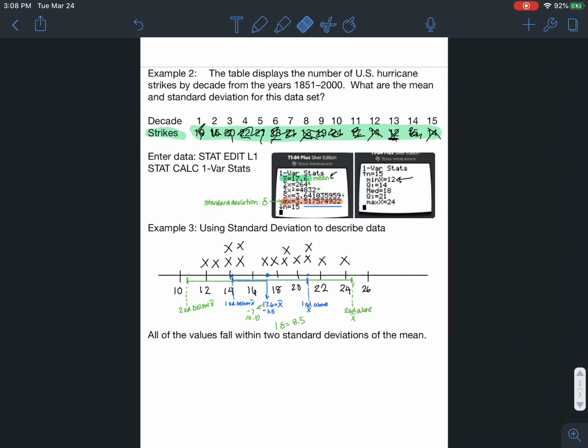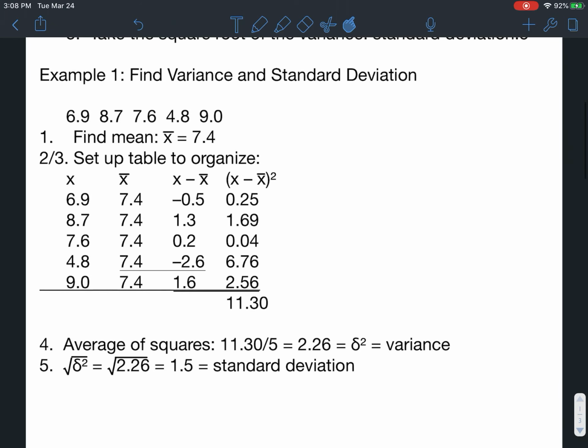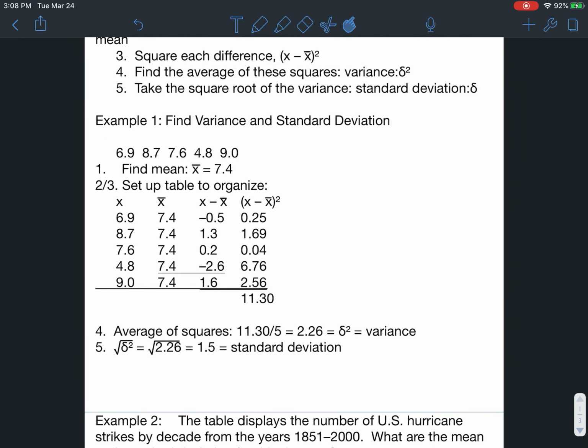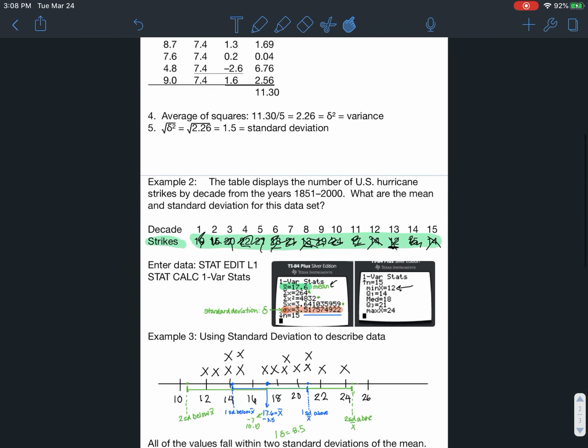So I hope you learned something from the video. You can certainly use your calculator to find standard deviation. It's more about interpreting it than actually brute force finding it by hand. This whole table thing, I don't think people really focus on that anymore because your calculator does it for you. So you may use your calculator to do the homework problems. And if you have questions, you can feel